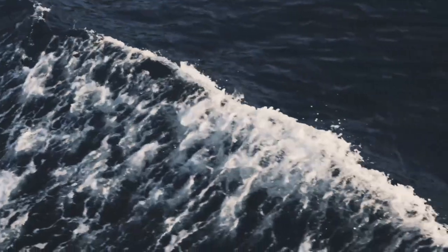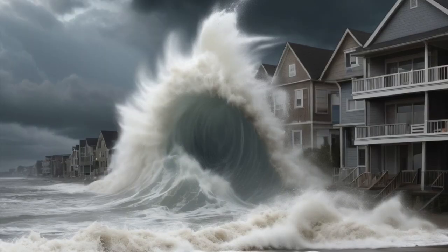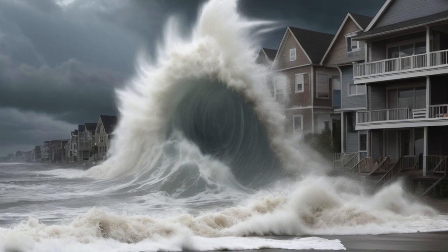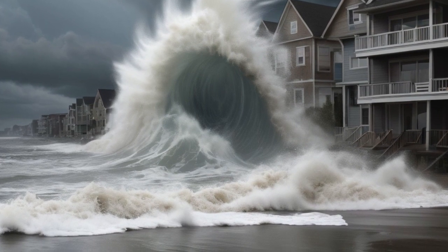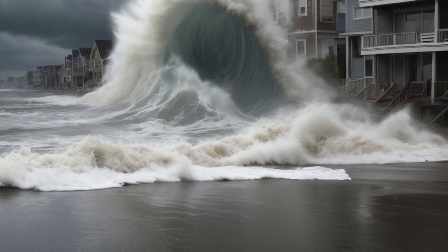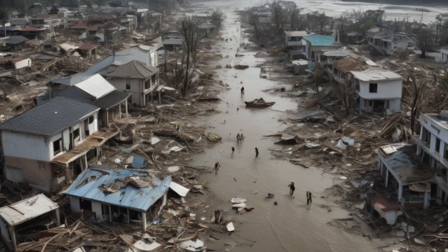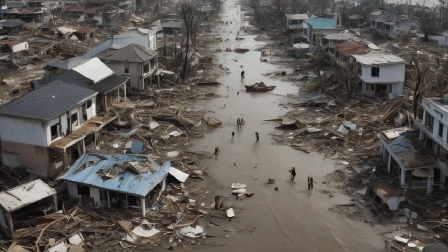Now that we've explored the science behind how tsunamis form, it's time to take a closer look at their impact and the importance of preparation. Tsunamis can be one of the most devastating natural disasters, capable of causing massive destruction in a very short amount of time. While the waves themselves can arrive quickly, the damage they leave behind can last for years, affecting entire